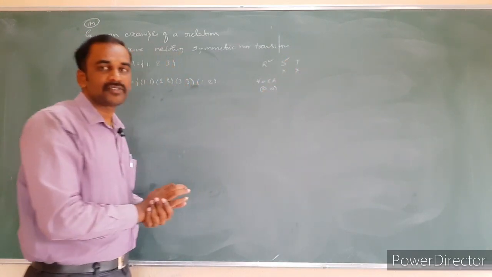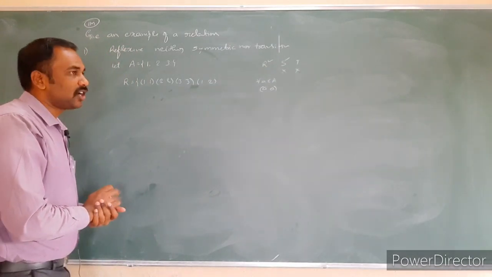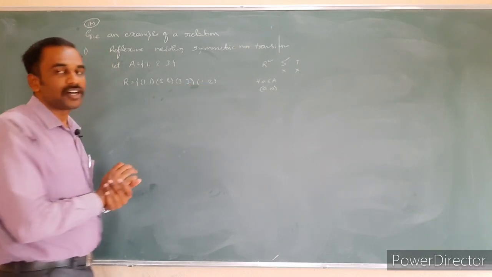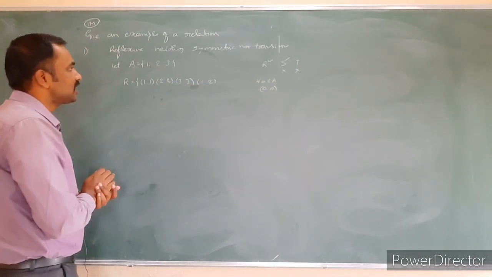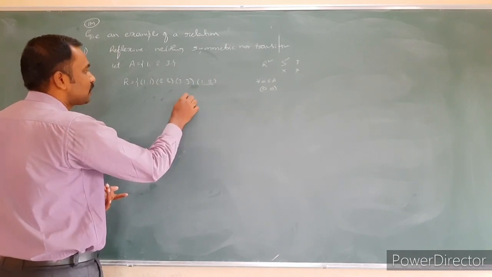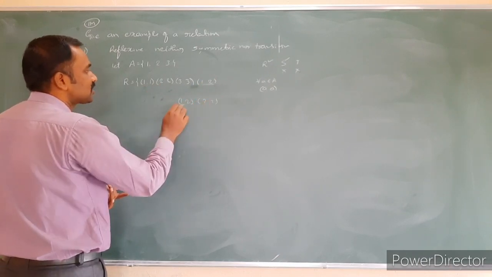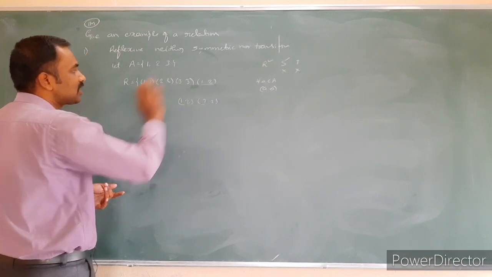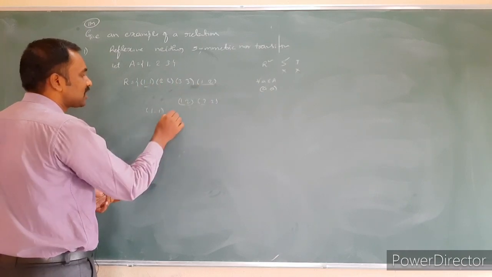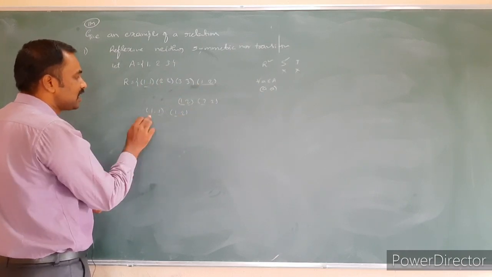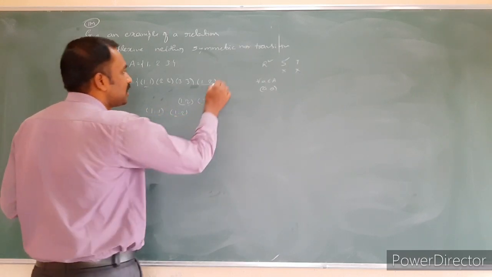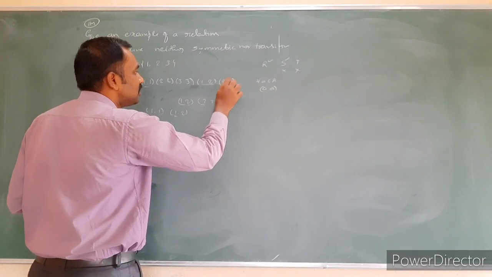Okay, required condition got. What about the transitive? It should not be transitive. How to check the transitive? Each and every ordered pair we have to check. Starting element is 2. The first ordered pair is 1 comma 2, starting element 2. Yes, a comma b, b comma c. And similarly 1 comma 1 first ordered pair, second ordered pair 1 comma 2, a comma b, b comma c, a comma c is there. Yes, it is not satisfied, so I need to fail it. So again I just write 2 comma 1.